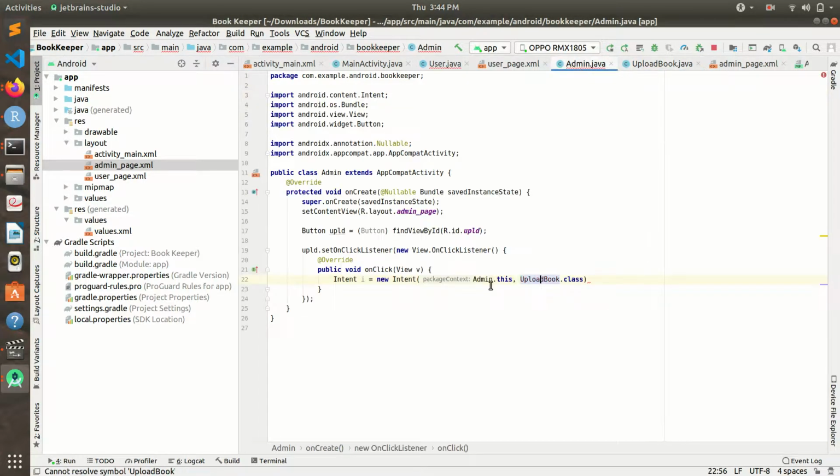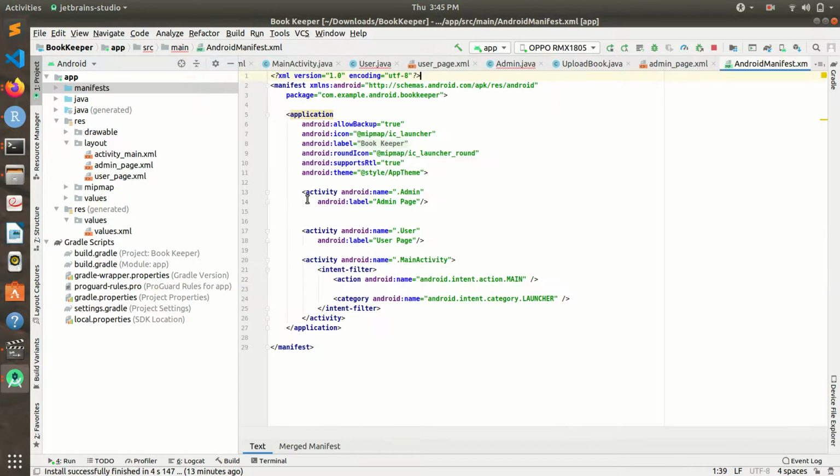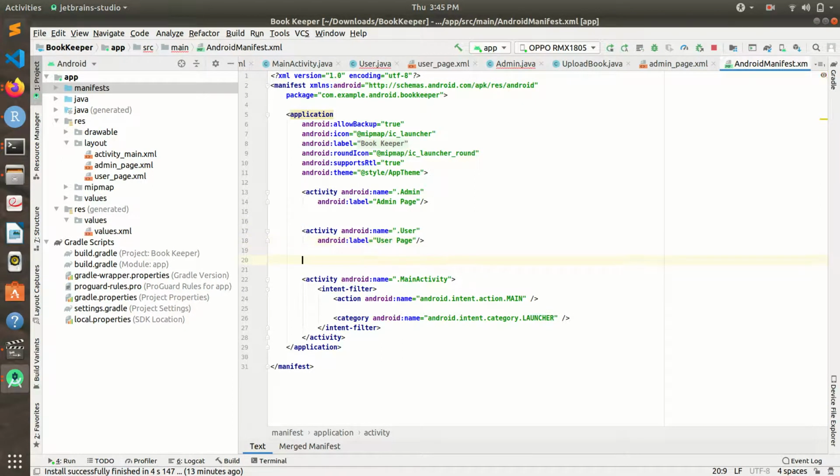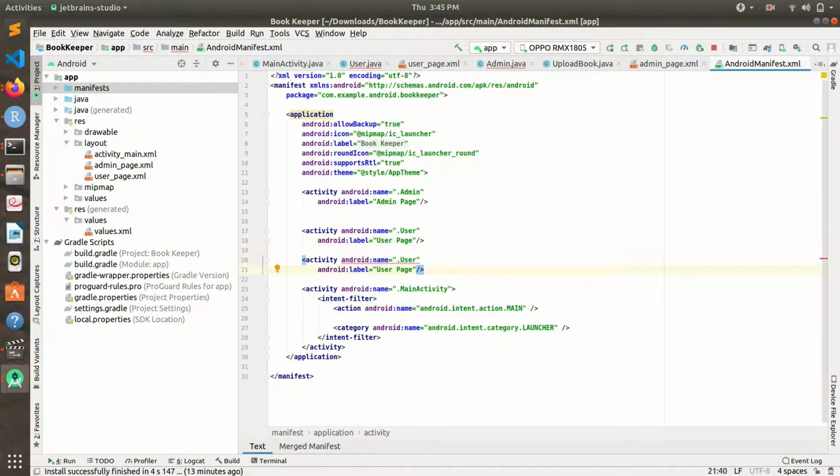And one more thing, after creating a new page or activity, we have to add it in the manifest, like I told you last time. Like we created the admin page and user page, same thing for the upload book page, and let the name of that page be upload page.